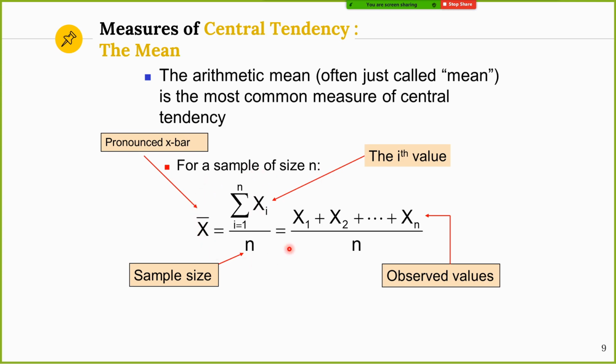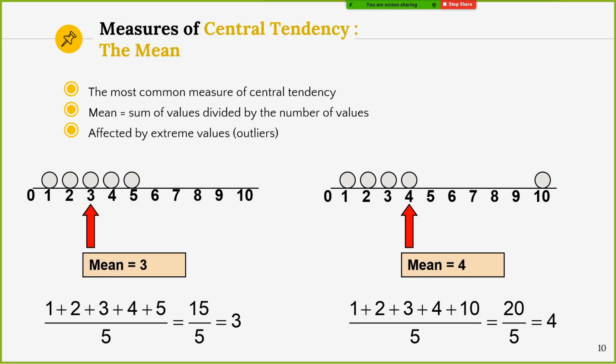So if you see, this is only the average. You just sum all of the data that you have, divided by the sample size that you have. Sum all of this x i, divided by the n. Super simple, and it's very easy. Okay, so let's continue. As usual, if you have any question, you can turn on your microphone and just ask directly. Okay, so this is the mean.